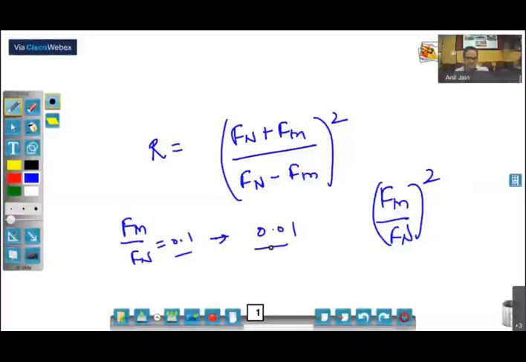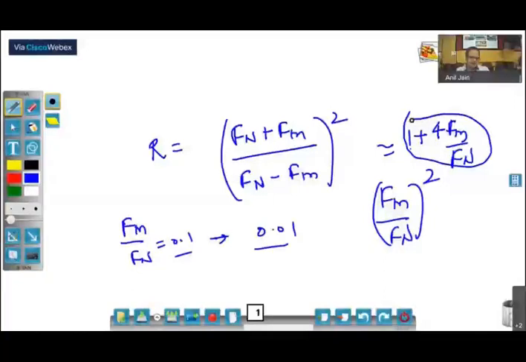However, when you measure the flipping ratio, I can write R as 1 plus 4 times Fm by Fn. So this quantity I can easily measure. It means that by utilizing polarized neutrons, I can easily get information about a very small magnetic moment if it is present in my sample. We will understand this part in the upcoming lecture, which is on Friday at the same time, 3 o'clock.